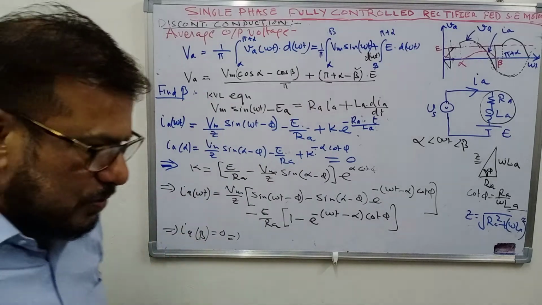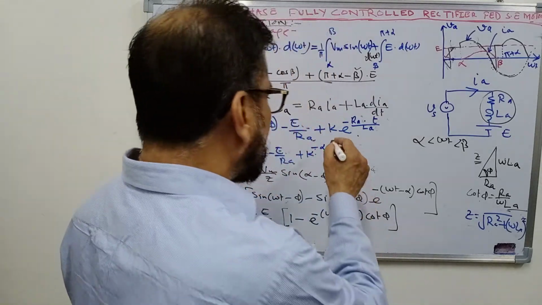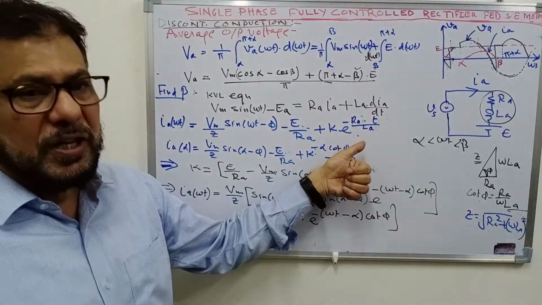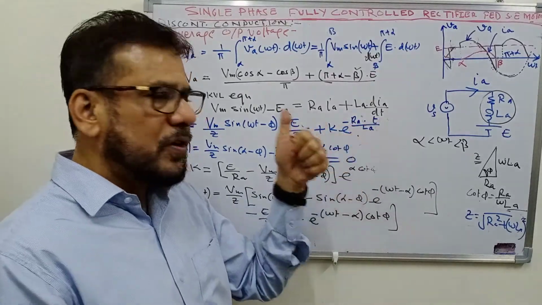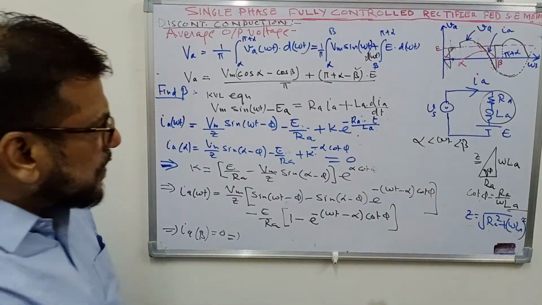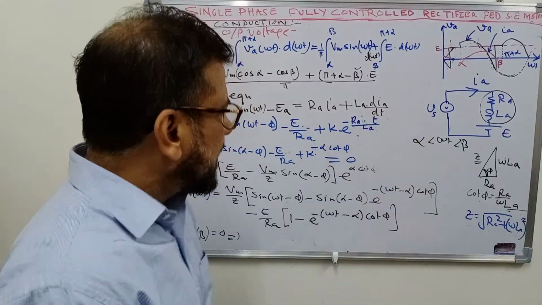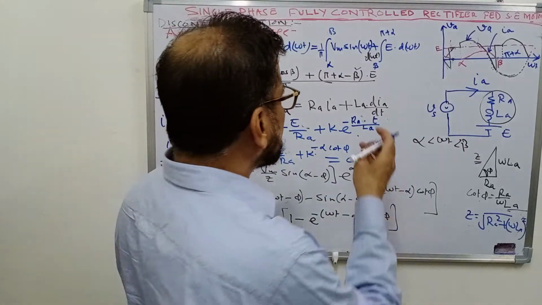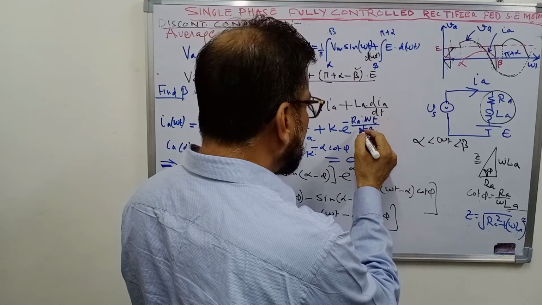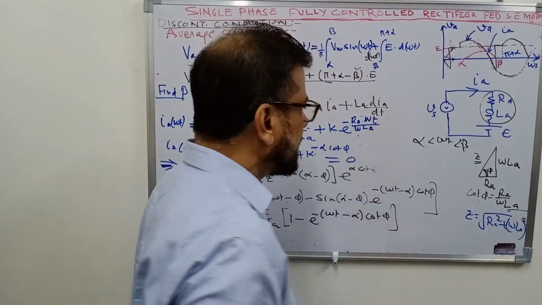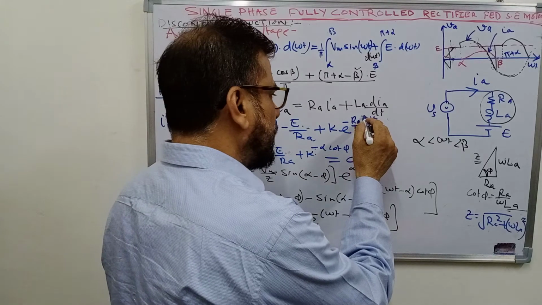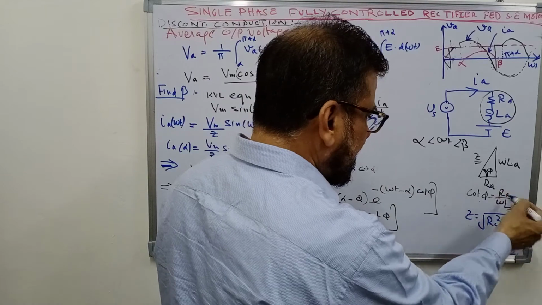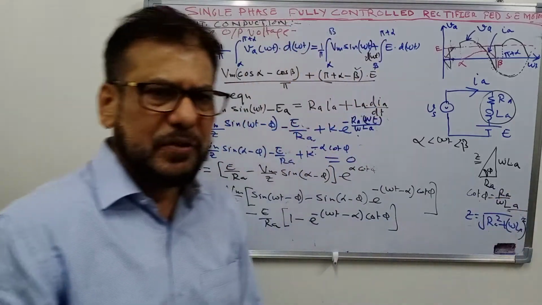And then you will have a transient term also, and that can be written as some constant K e to the power minus t upon tau, that is LA upon RA, that is minus RA t upon LA. This you can write in a slightly different way. I simply multiply here by omega and divide it here by omega. So this is omega t, and you can see that RA upon omega LA is nothing but cot phi. It is convenient to write in this way.